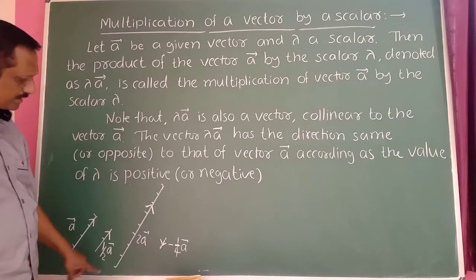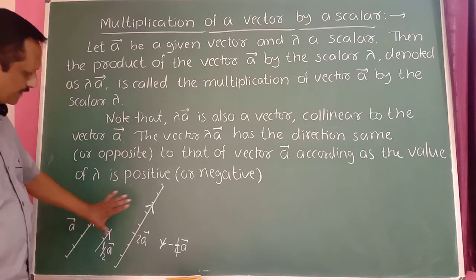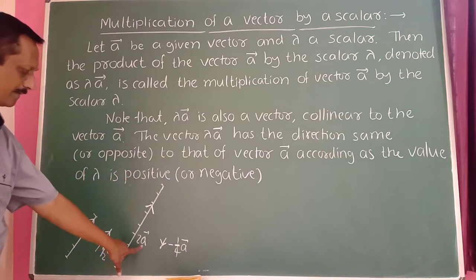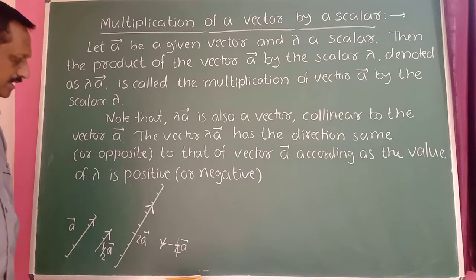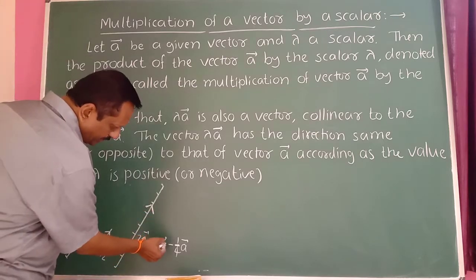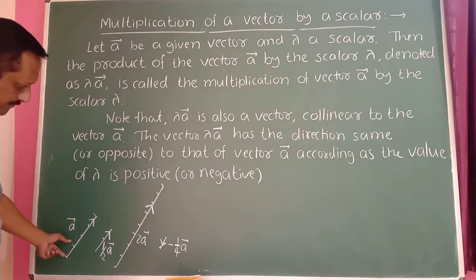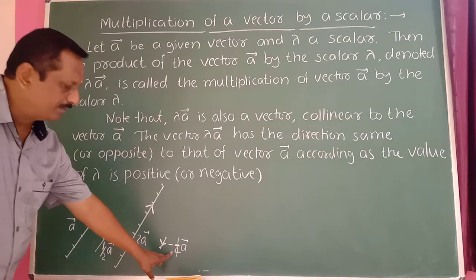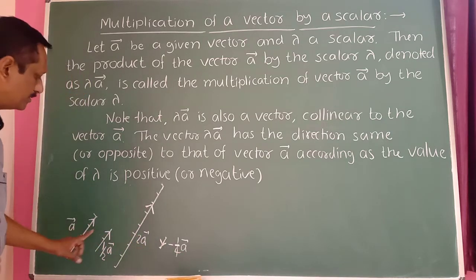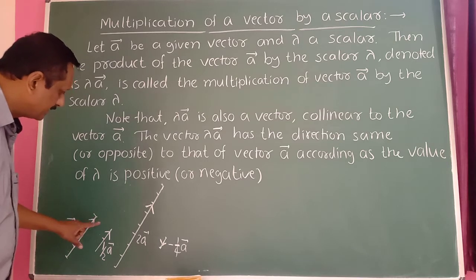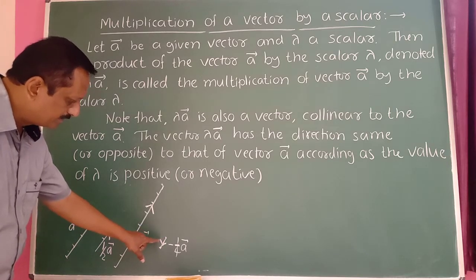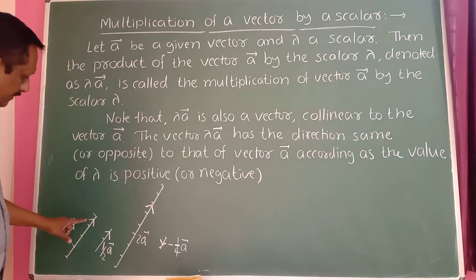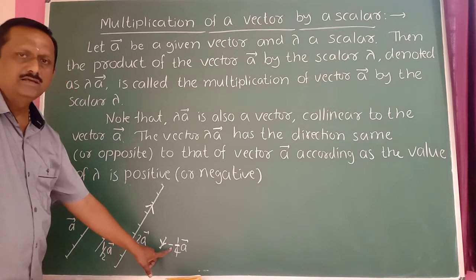Similarly, if you take this vector here, this vector is double of this one here. So it is 4 centimeters and it is 8 centimeters. Hence it is 2 into A bar. Here lambda is 2, a positive quantity here. Even here it is only 1 unit, it means 1/4 of this one here. But the direction is opposite, hence it is minus 1 by 4 into A bar here. The direction of this vector is opposite to that of this one. Therefore, here this vector is A bar, then this vector is minus 1 by 4th of the vector A bar here.